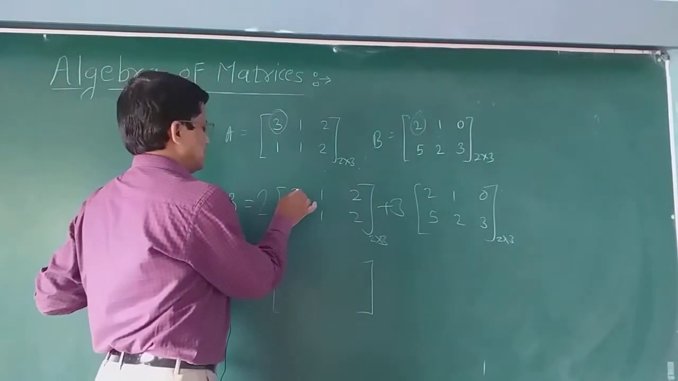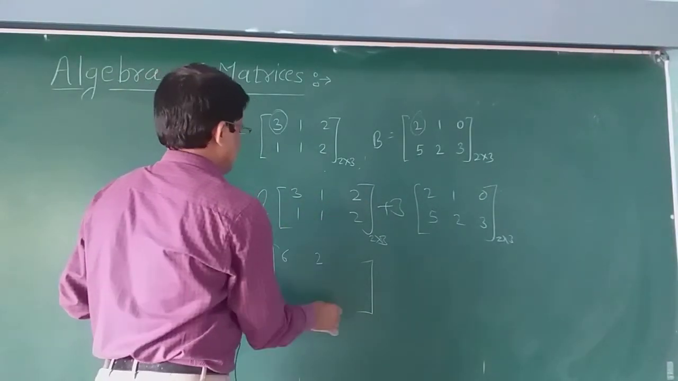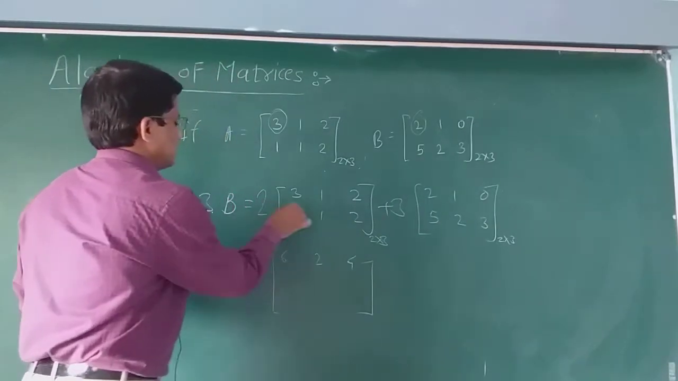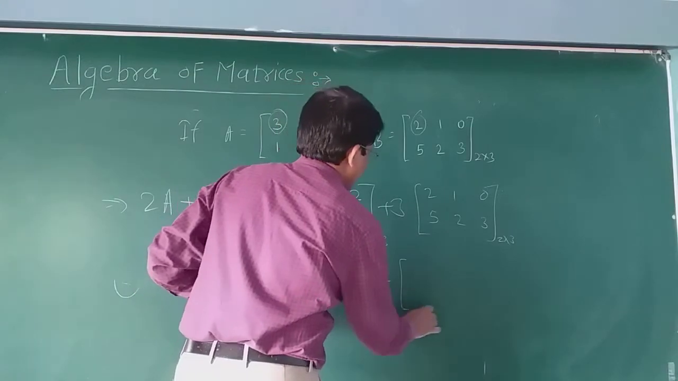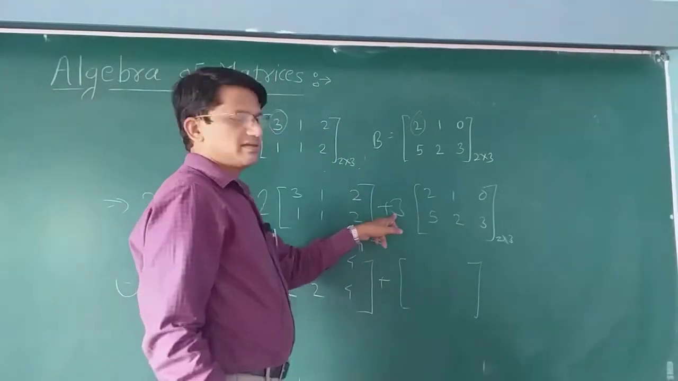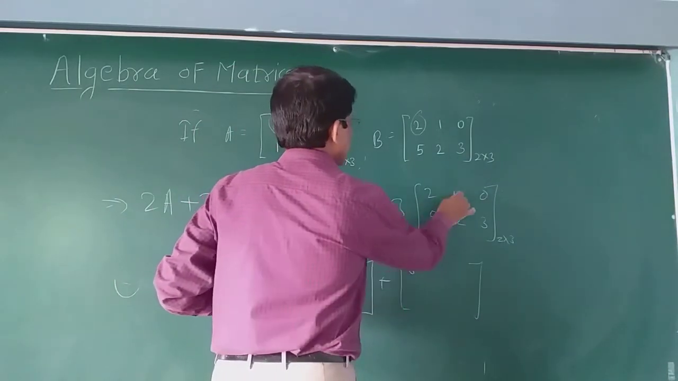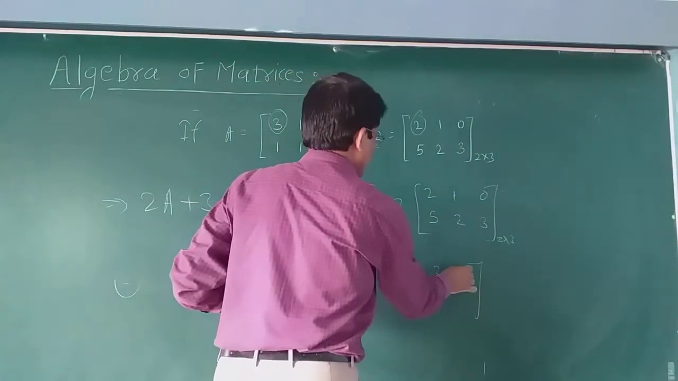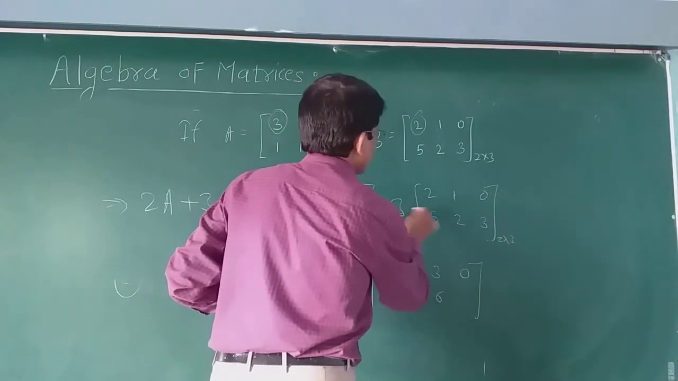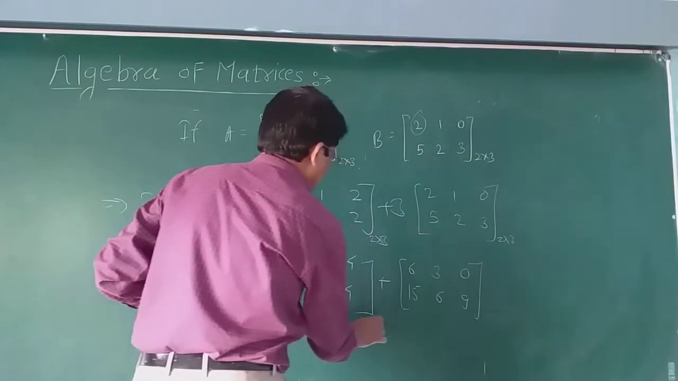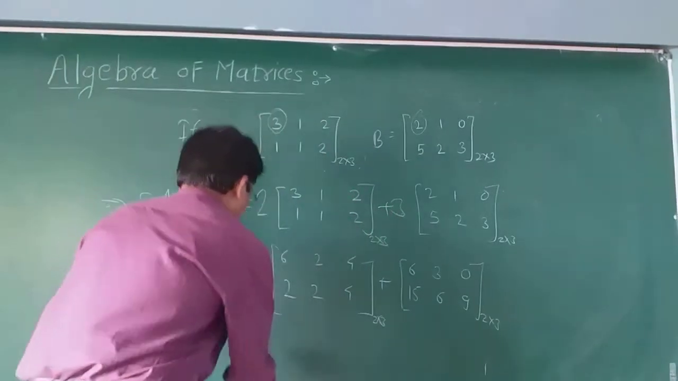2 with 3, 6. Here 2 into 1, 2. 2 into 2, 4. 2 into 1, 2. 2 here, 4. Plus. Same way, here is a 3 outside the given matrix. 3 times 2, 6. Here 3, here 0. 3 times 5, 15. Here 6. And 3 times 3, 9. Order 2 by 3, here order 2 by 3. And now